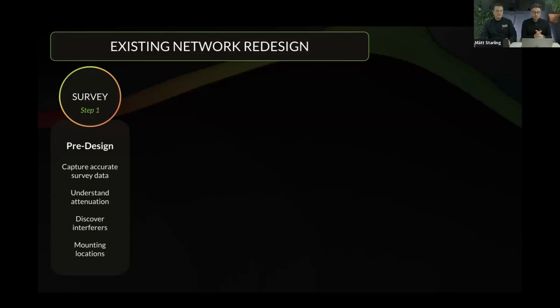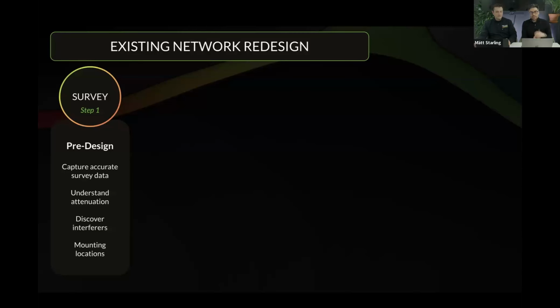So step one is you'd go on site, with your Sidekick 2, the floor plan, you'd capture data of the environment. And here we're really looking to understand things like, what is the attenuation of your materials on site? I know personally before, I've been caught out with assuming that from looking at a wall, it's drywall, but actually behind the drywall, there was brick. So the only way you can really know that, unless you've got X-ray vision, which I don't, is you need to measure with your Sidekick and find out what is actually there, so you can have the most accurate model